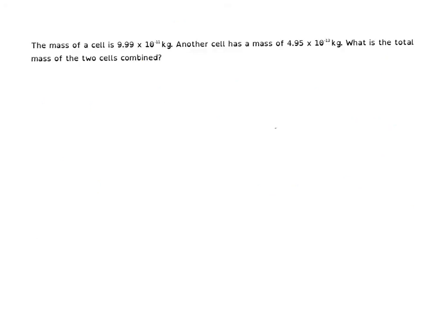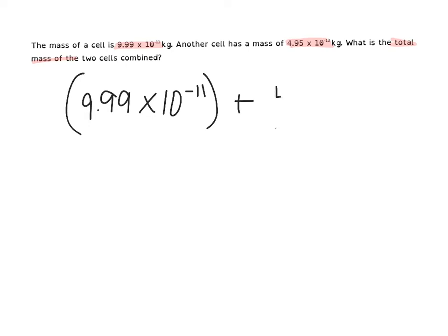All right, let's take a look at a word problem. This one says the mass of a cell is 9.99 times 10 to the negative 11th kilograms. Another cell has a mass of 4.95 times 10 to the negative 13 kilograms. I want to know what is the total mass of those two cells. So total means add. So I'm going to write an addition problem. I have 9.99 times 10 to the negative 11th plus the other cell is 4.95 times 10 to the